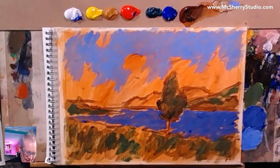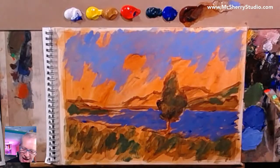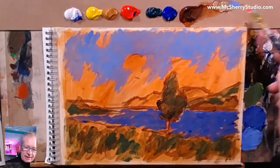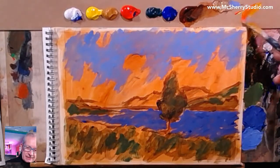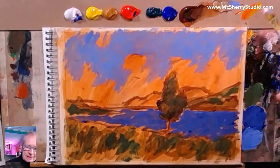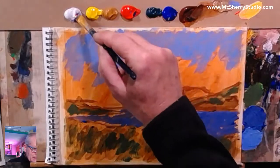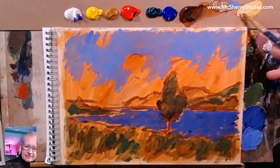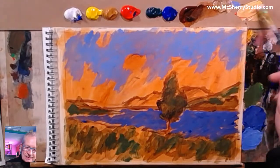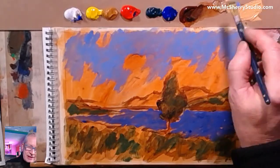So that'll do there. How about some clouds? I'm going to go for more orangey clouds. So maybe I can put that. I'll have to mix it here, won't I? I don't have a terrible amount of room here, but yellow, white, and some of the extender. It's feeling okay so far. See if this does work,